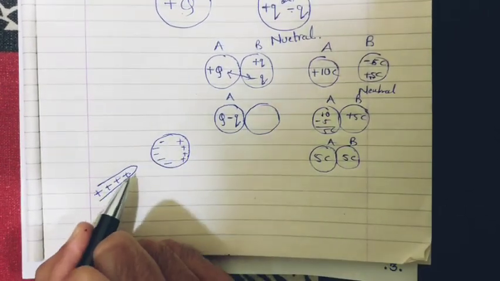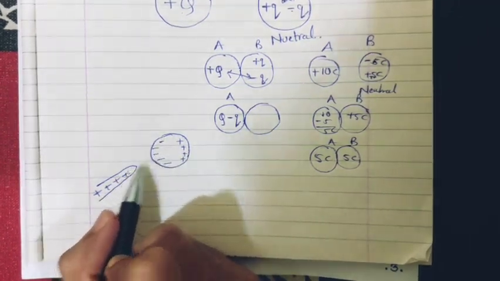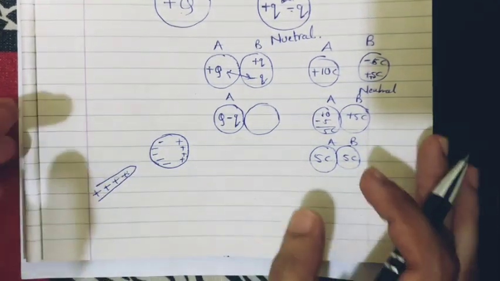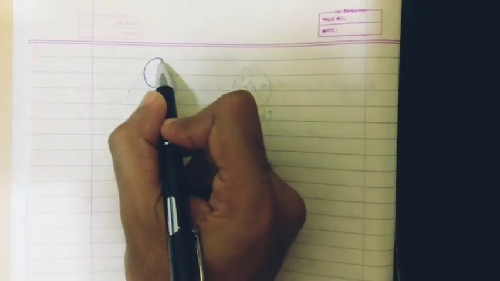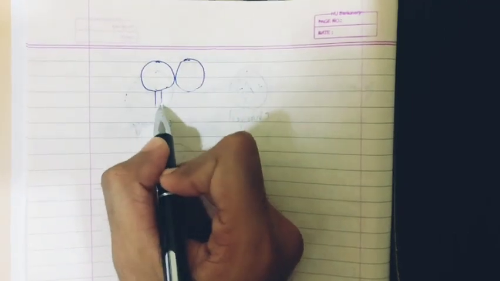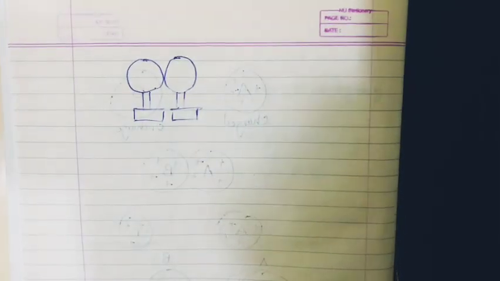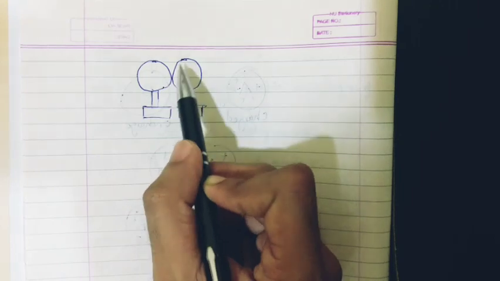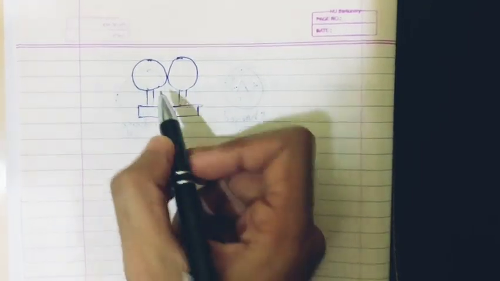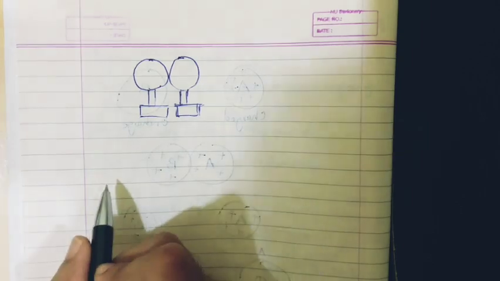That is, you just introduce an external charged body and you develop charge in the other body without getting them in contact with each other. We'll see this in detail. In the first step, I take two spheres, keep them in contact with each other and mount them on an insulating stand. Why do I use an insulating stand? Because I do not want the charges developed here to pass to the ground. Next, I introduce a positively charged glass rod near the spheres.